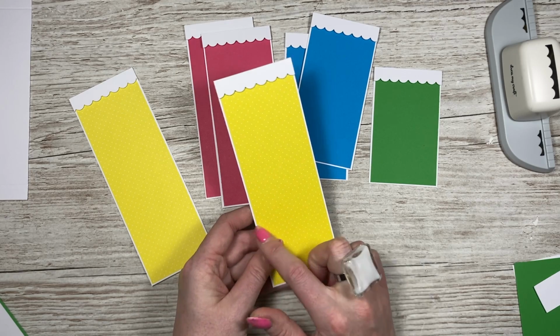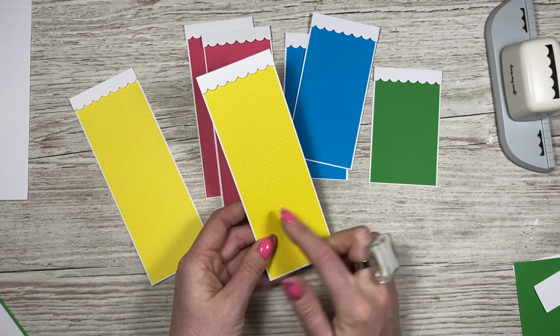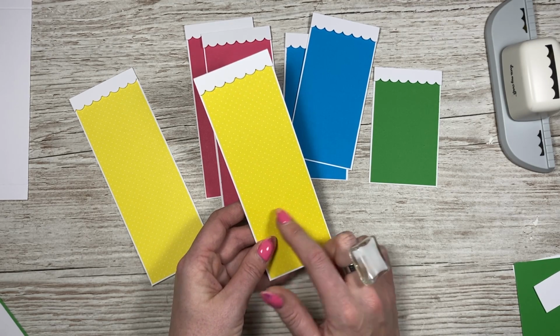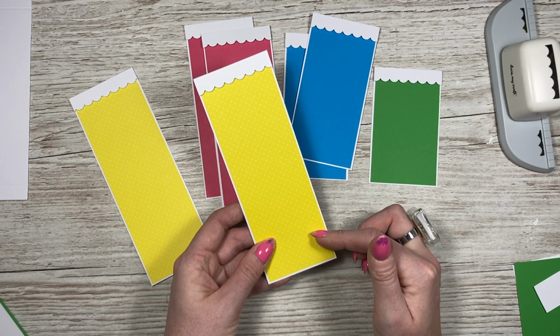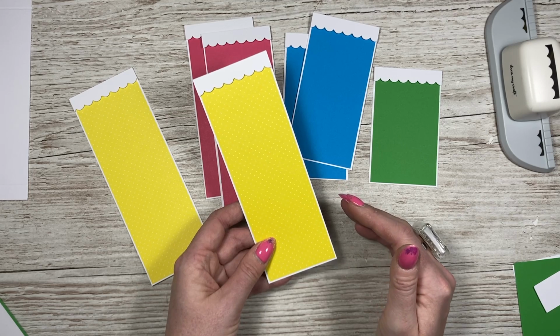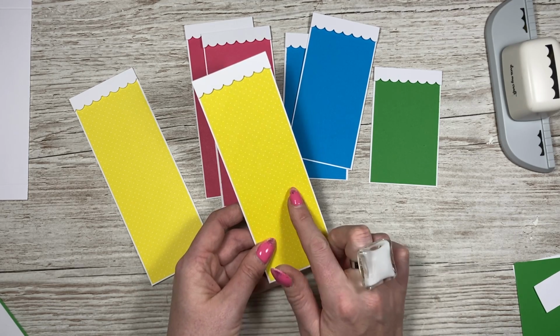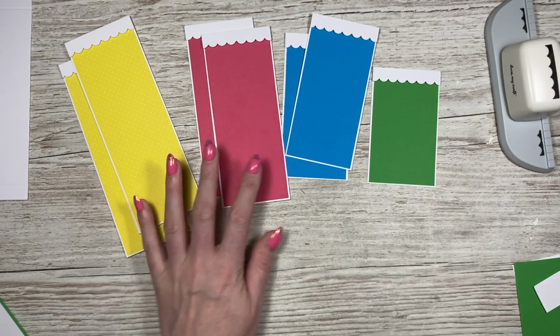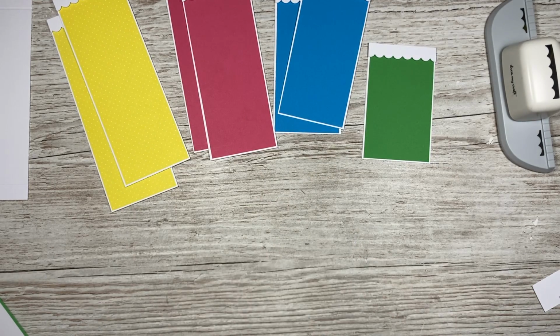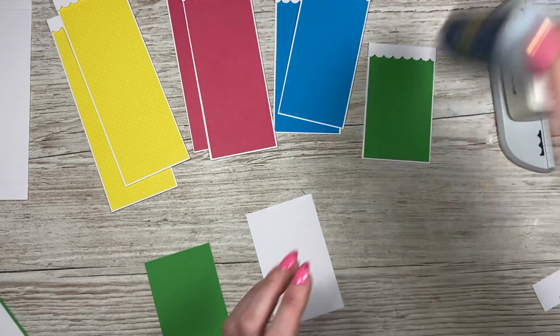So this was a piece of 2 1/2 by 7. This yellow piece is a piece of 2 3/8 by 6 7/8. So just drop down 1/8 of an inch on your width and your length to give you your size for this. Okay, so I've got one here, and I'll just show you what I did and how I got this